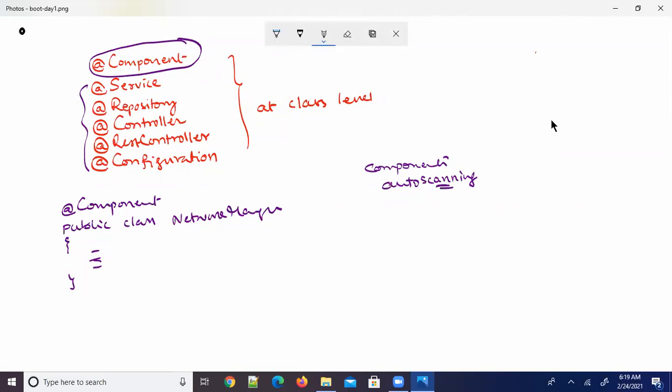When Spring is scanning for the components, it is going to see whether this class is to be registered as a Spring Bean or not with the help of this @Component annotation. If a class has the @Component annotation at class level, then Spring will register that class as a bean in the Spring container.